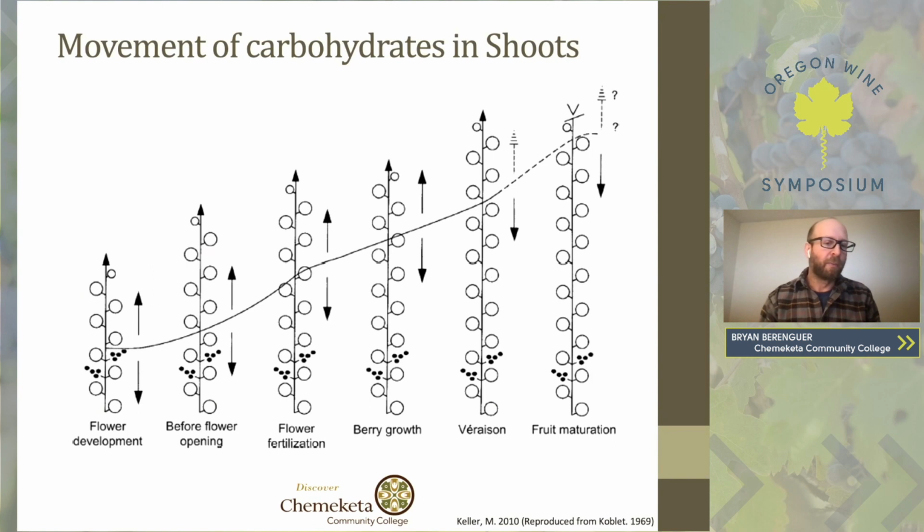sink. So basically, up to just before or during flower development, you can see here, say about 2 or 3 weeks before bloom, we kind of have even distribution, right? So we are basically moving our resources. These leaves are putting it towards upward growth, and these leaves are putting it down and moving it into the rest of the plant. And as we move up here, just before flower opening, fertilization, and then up